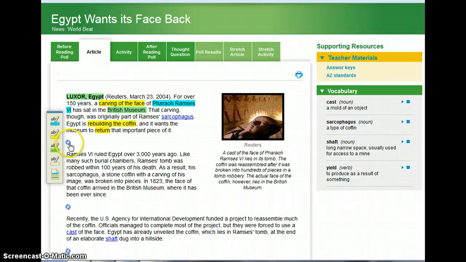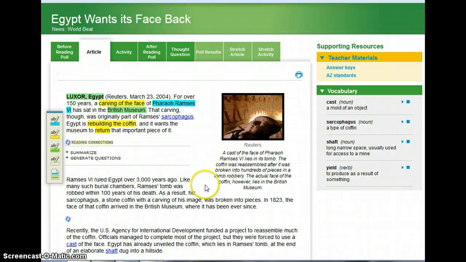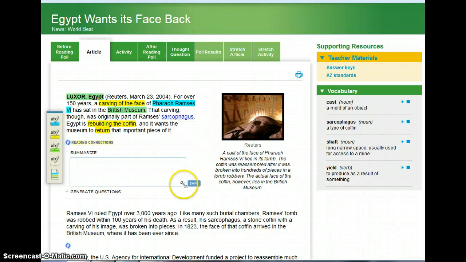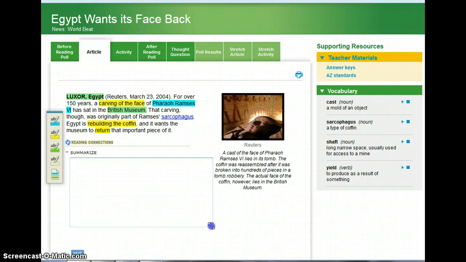Next, what you need to do is go ahead and open up your reading connections and click on Summarize. I'm going to go ahead and extend this box so that we have enough room to write. I'm going to first write all of the keywords that I highlighted throughout my text in a list. So for example, I will write Luxor, Egypt,